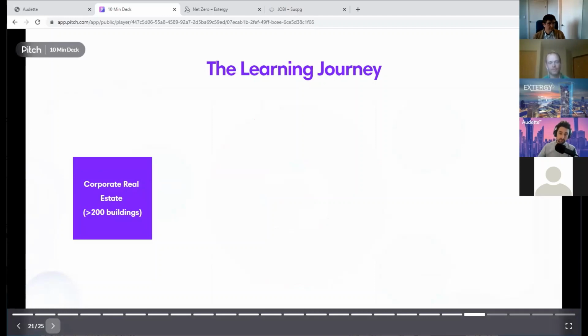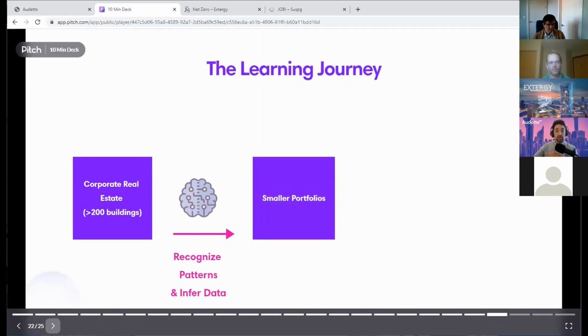But through this work, we're able to collect high quality data that shows us exactly what to expect in buildings. And as you'll see on the next slide, we're able to train AI to know what to do with those archetypical buildings or those HVAC topologies that we run into and continue to gain intelligence on. This will then allow us to move into segments of the market where data might not be so robust, and ultimately to help them to implement the data systems that are necessary to long-term carbon management.